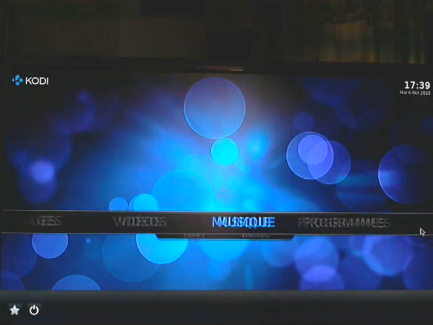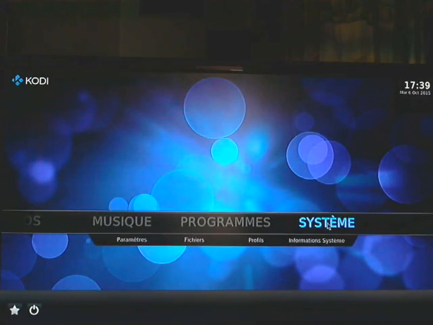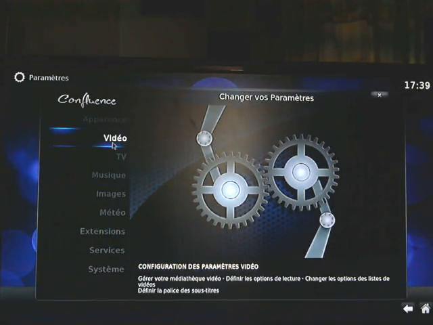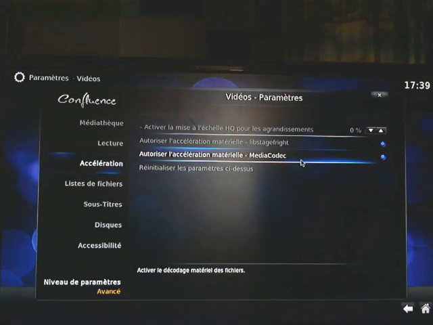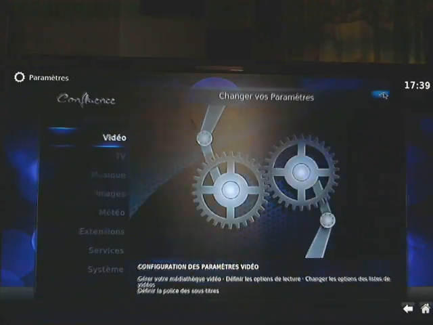So the video acceleration is defined here as usual, in the video acceleration parameter. You can see two modes authorized: media codec and lib stagefright. Okay.